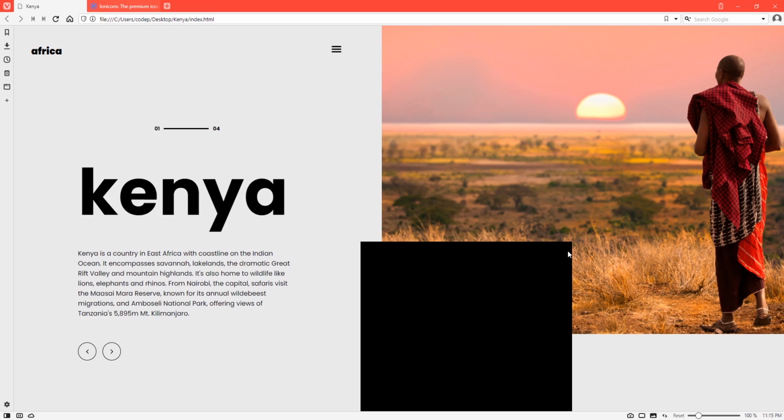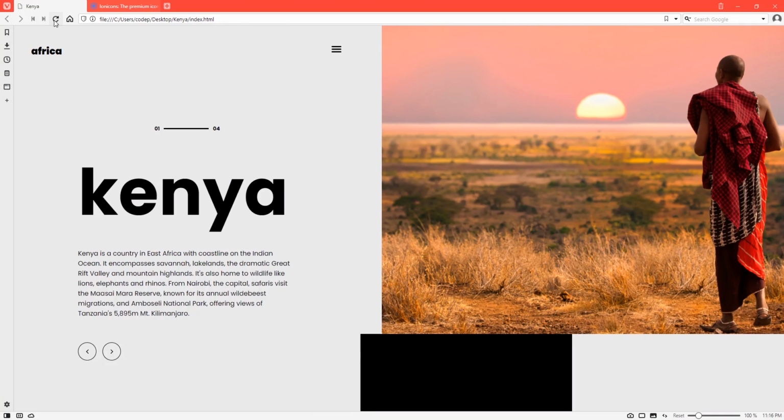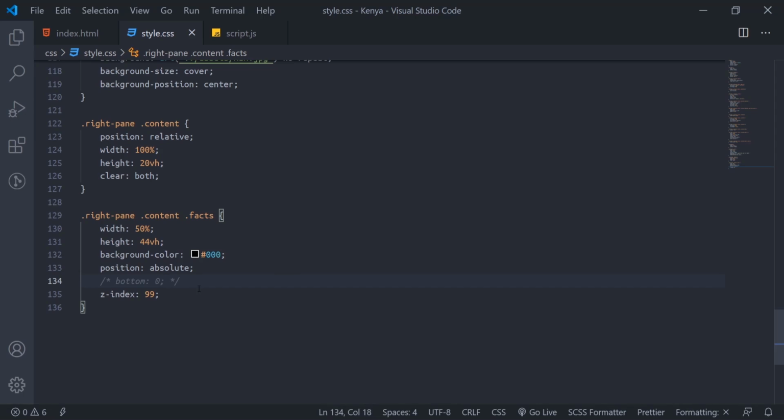The thing they push, they go down, as I'll explain now. So when we never put this bottom 0, it actually cuts. It's set down to 44 view height too, but then at the top now, the cuts come down. You see, the cuts come down. So when we set bottom to 0 now, it pushes and comes up back. So it makes things start from the bottom. So any height we add now, it counts as they go up, not as they go down. So we'll put on bottom